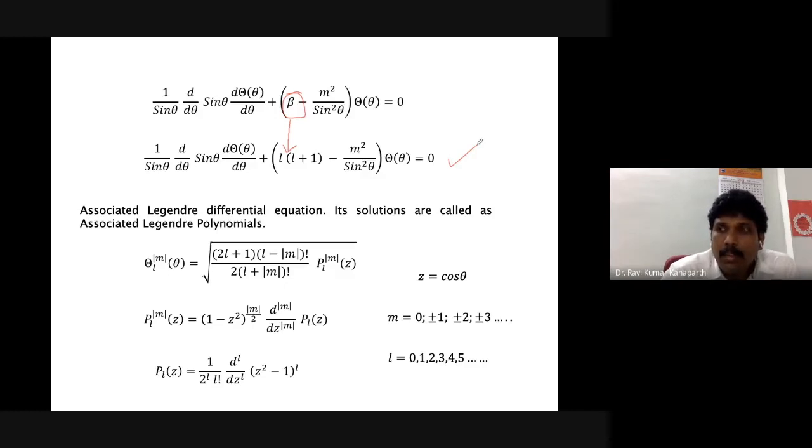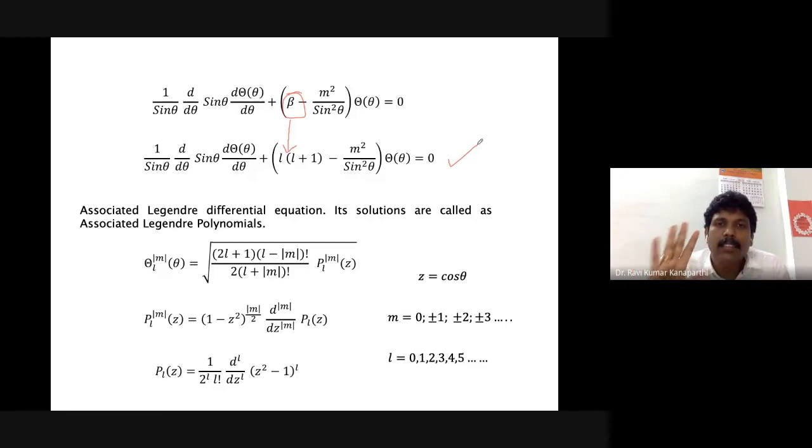Please remember and try to understand, we have not yet got the wave function for theta of theta. The whole purpose of our discussion is to find out what theta of theta is. But what we got is a constant number, that's all. What theta of theta is, is not understood as of now.